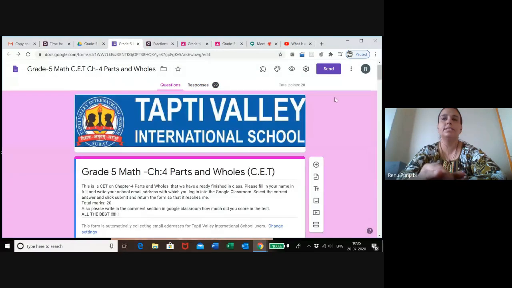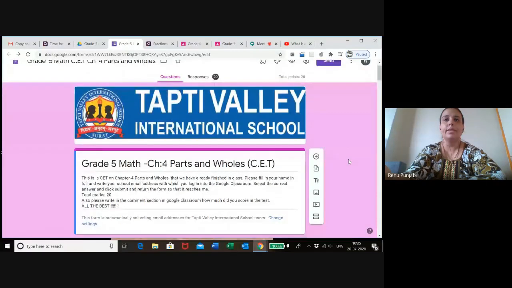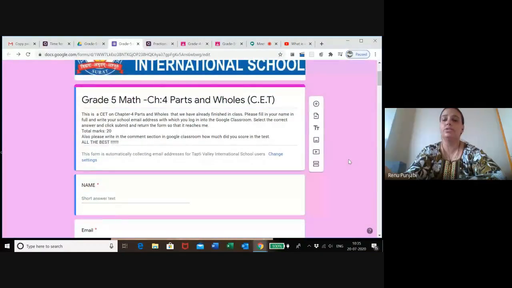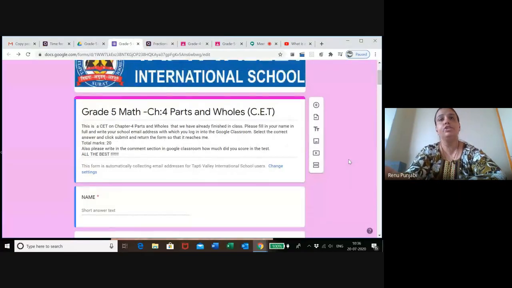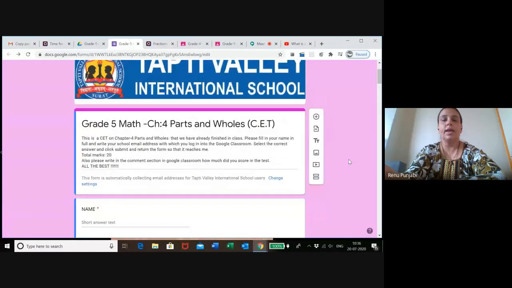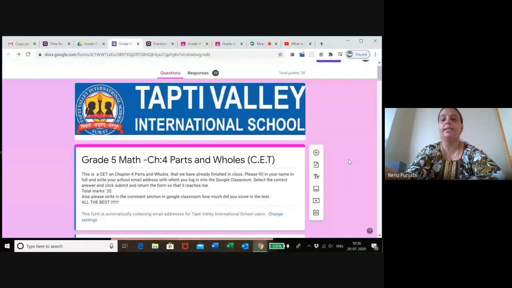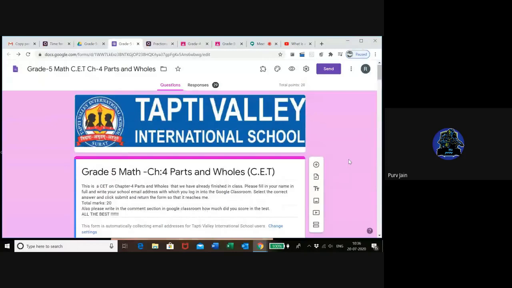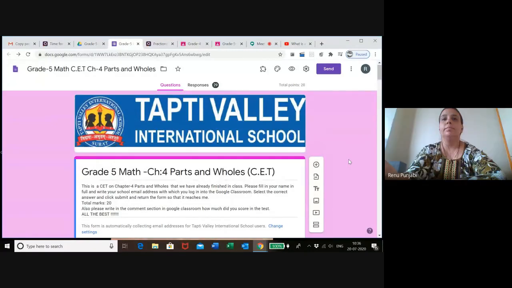So these are the marks. Have you all got your marks? Switch on your microphone and speak. Yes. So children, those who got below 10 need to work hard. And please, you have to attend the classes regularly. Please attempt the Google Forms, the revision worksheets, regularly. It's my special request to each and every child.